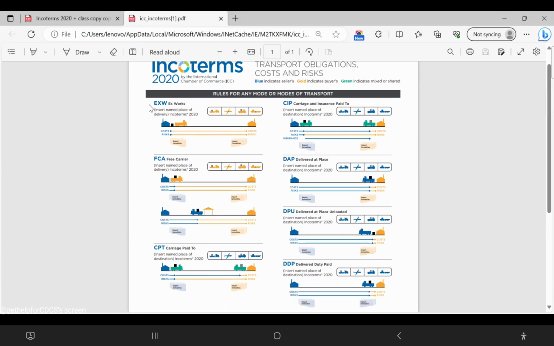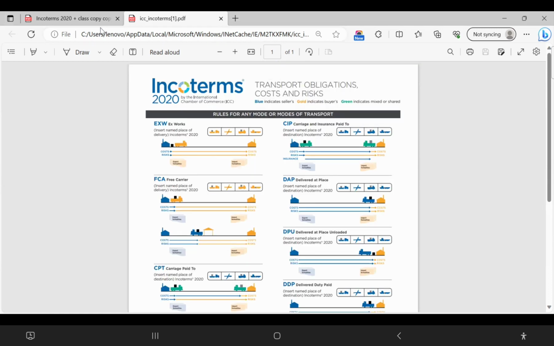So I suggest you go through the book I shared in the WhatsApp group. You don't have to go into detail. Just go through whatever I discussed today. You can say you are prepared when you can interpret from the chart itself. So C terms and D terms, freight on whose account? The seller. Main freight.